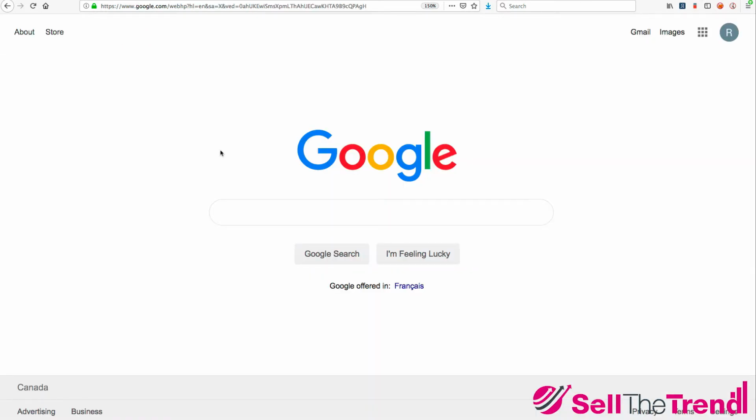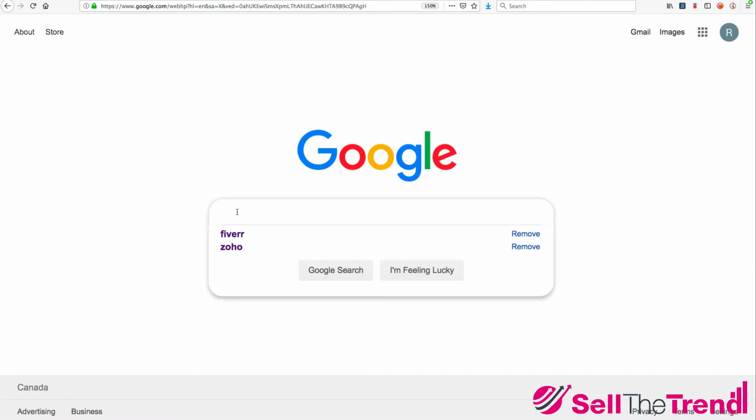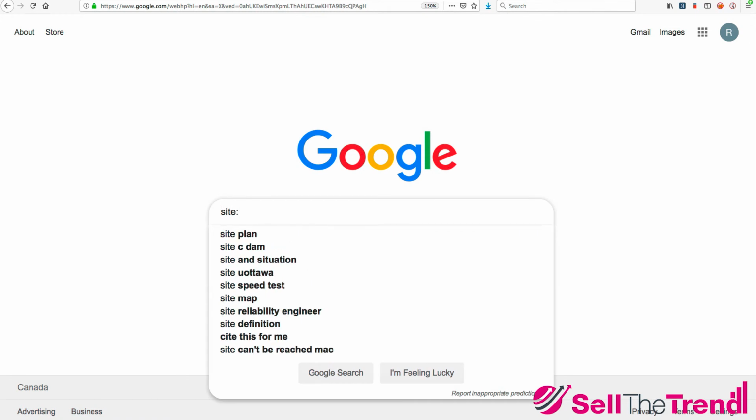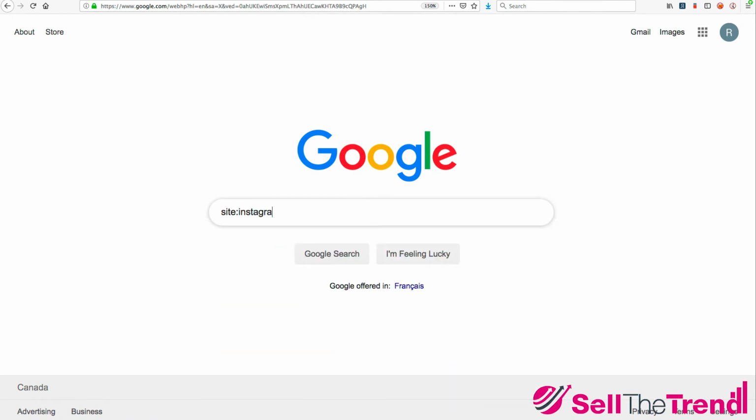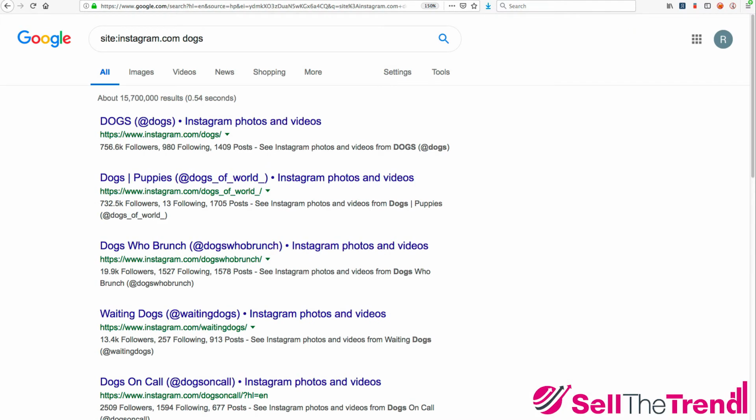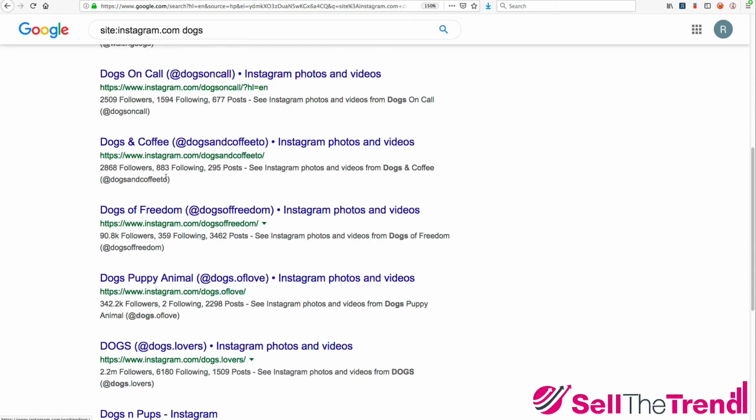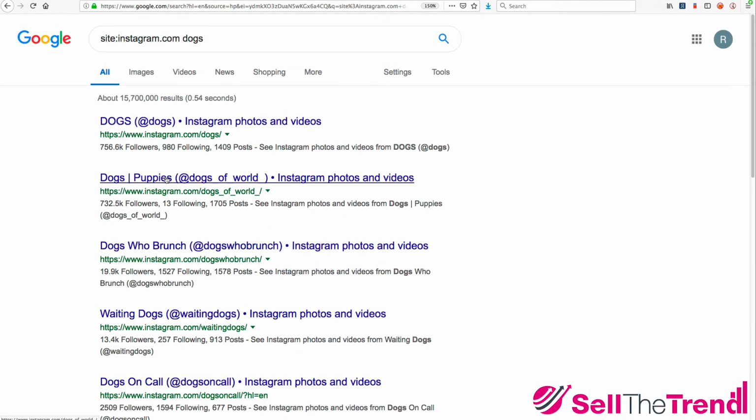So let's go to Google over here. And what you're going to do is type in site, then Instagram, then .com, and then you're going to put dogs. What this is going to do is Google is going to search the site Instagram.com for that keyword. So right away, it comes back with a bunch of accounts here that we can then use to